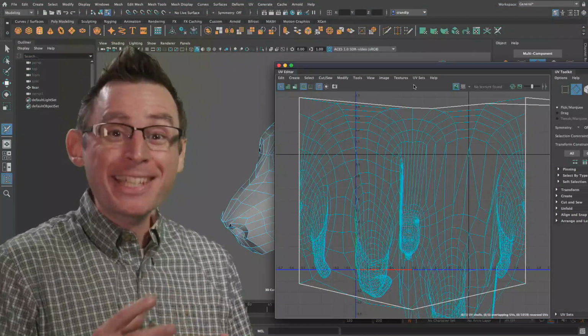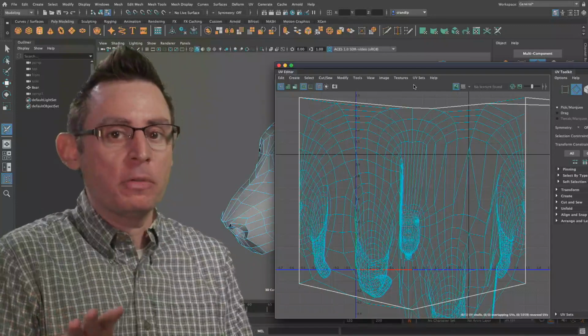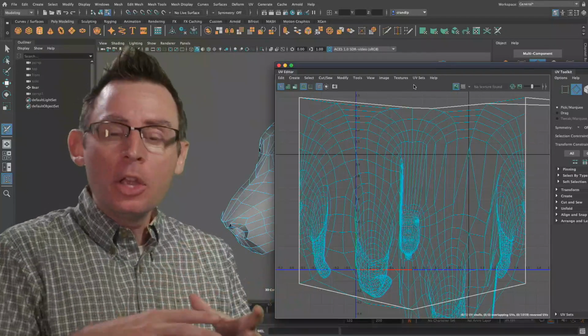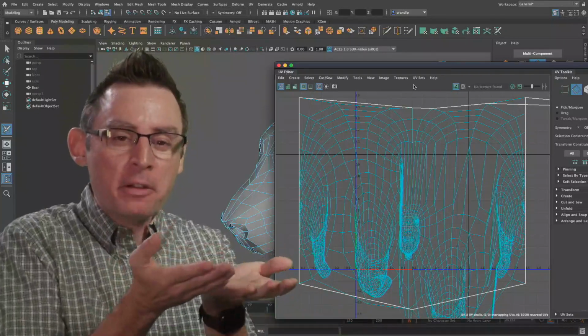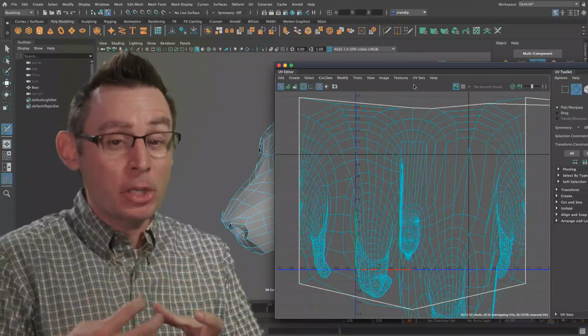With our UVs generated and created for our bear, it's time for us to go in and begin marking the boundaries of all of our separate UV islands on the mesh itself so that we can unwrap them and have a very efficient representation of our three-dimensional shape in our two-dimensional UVs.